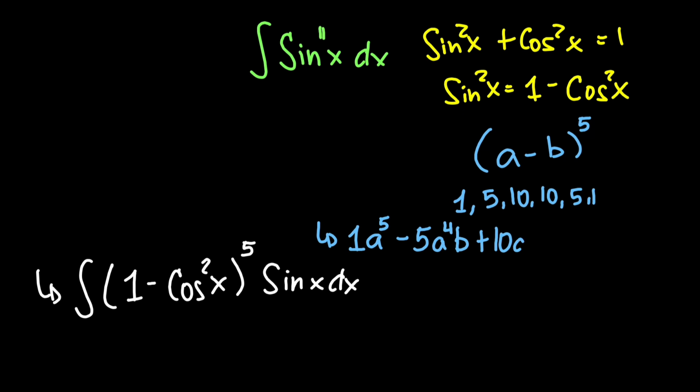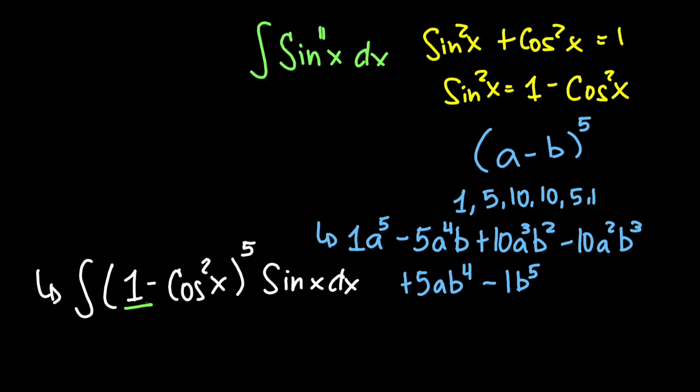Plus 10a cubed multiplied by b squared minus 10a squared multiplied by b to the power of 3 plus 5 multiplied by a, b to the power of 4, minus 1 multiplied by b to the power of 5. So this is the formula for that, where a here represents 1 and cosine squared of x represents b. And now when we expand this expression,